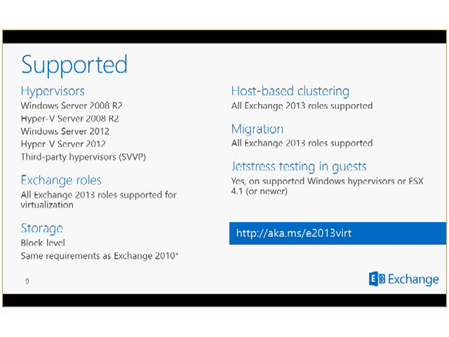We only have 2 roles now, but Mailbox and CAS are absolutely supported for virtualization. For storage, essentially the same requirements that we've had for prior releases of Exchange. The storage needs to be block level. If you're using virtual hard disks or VMDKs, they need to be fixed in size, not dynamically expanding. We go into a fair amount of detail on the TechNet site in terms of what the specific requirements are